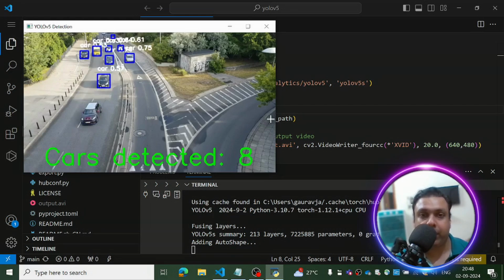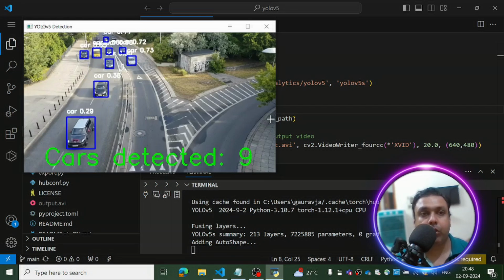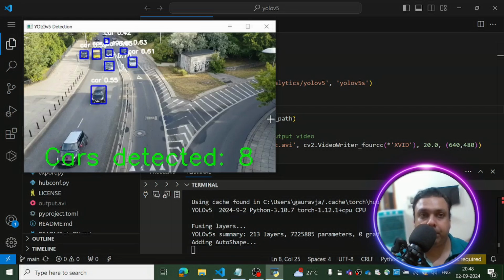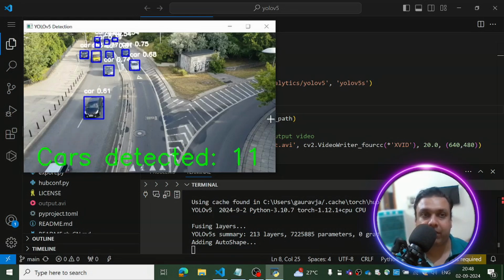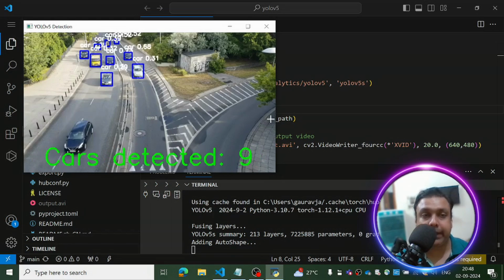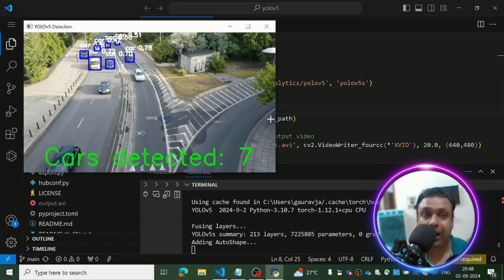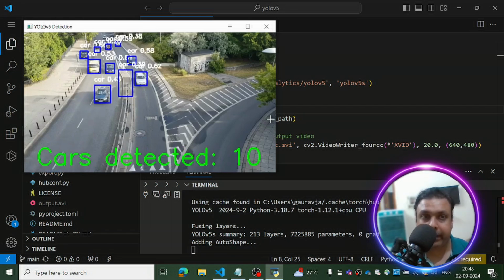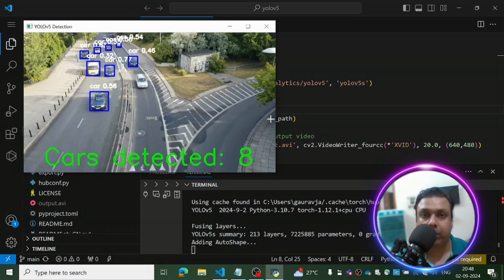So now it is 8, then it is changing to 9. At a particular time, whatever number of cars it detects in a frame, that's what it shows on the window, and that too in real time. Now, how all this is happening and how can you make an application like this, that's what we are going to talk about in this tutorial.